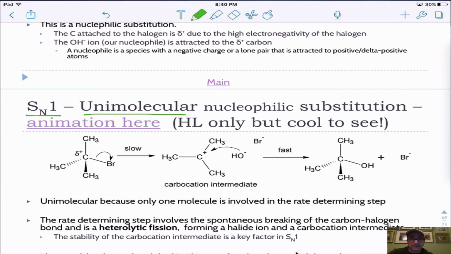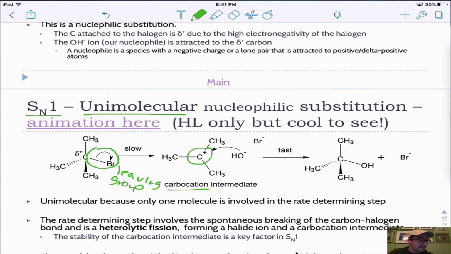And so they show the first step. The first step is to have the bromine leave. And they actually call this a leaving group. So the bromine will leave, and what you'll be left with is a positive carbon atom as a result. Notice the electrons are going with the bromine. The bromine is more electronegative. What you're then left with is this positive carbon atom called a carbocation,